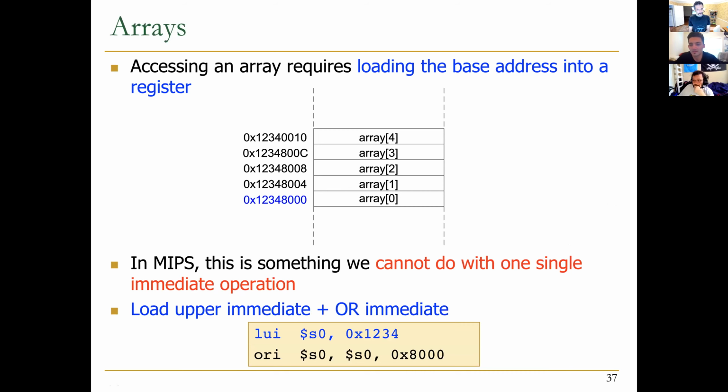But if we are not going to use it, why do we need to load that, right? So here are the two instructions that we use. We use the load upper immediate instruction, so we give this 1, 2, 3, 4, and we ask, okay, store this number into S0, and then we use or immediate to store the same into S0. Right, so yeah, that's one answer, but it is not the correct answer, right? Because